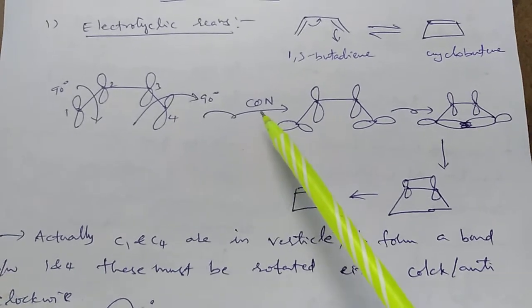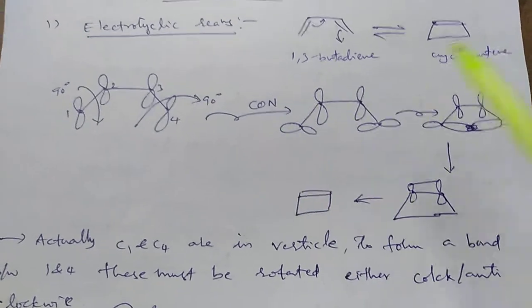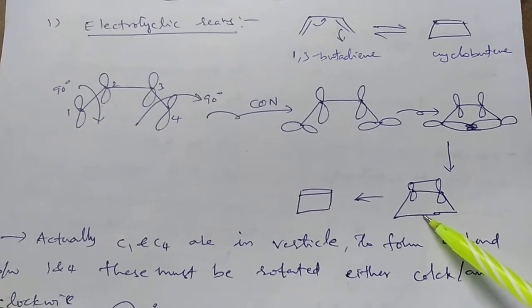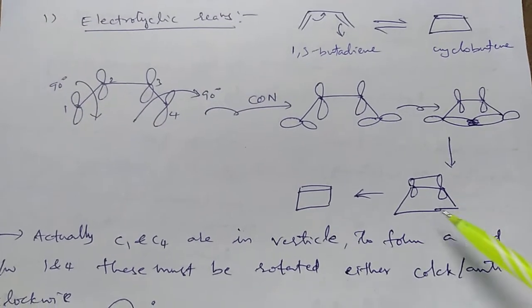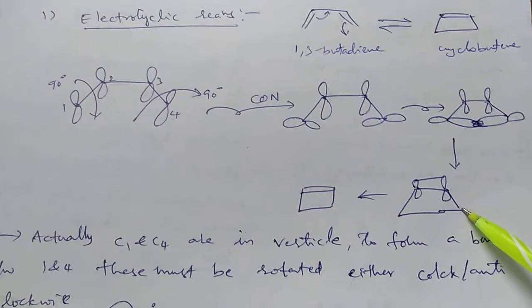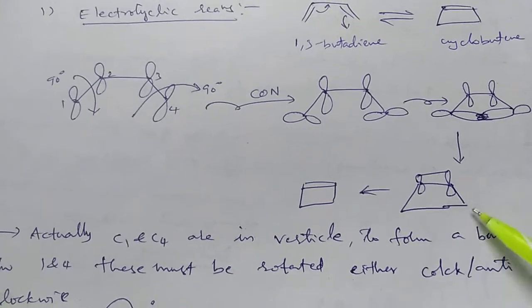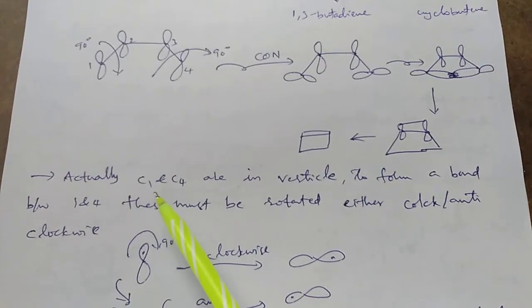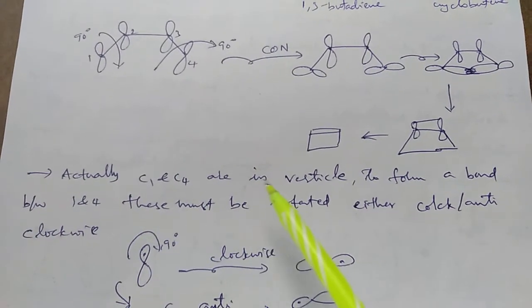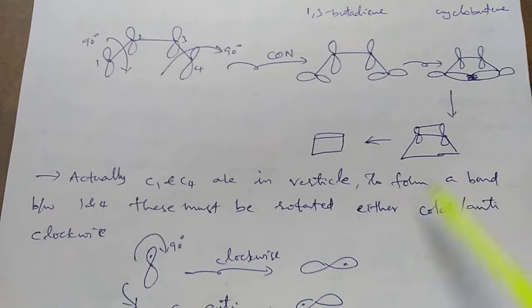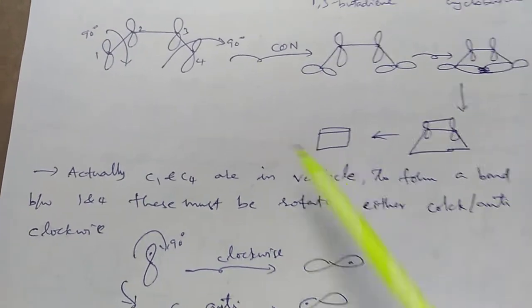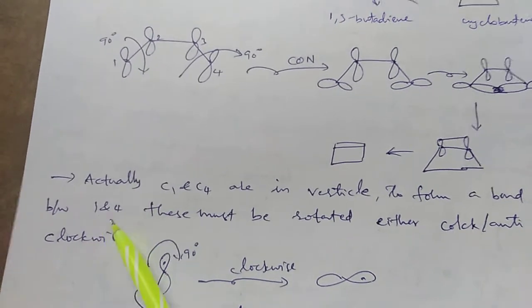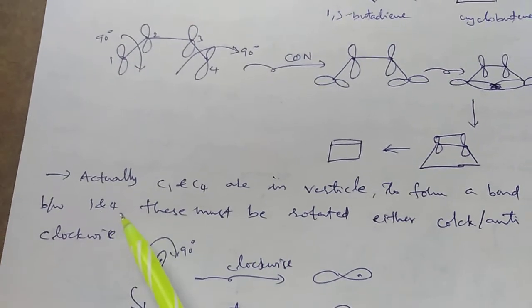If we do the con mode rotation, a new sigma bond develops between the termini of the 1,3-butadiene, or the initial and final carbons of the butadiene. Actually, the C1 and C4 atomic orbitals are existing vertically. To form a new sigma bond between the C1 and C4 carbons, which are the initial and final carbons, the termini carbons,